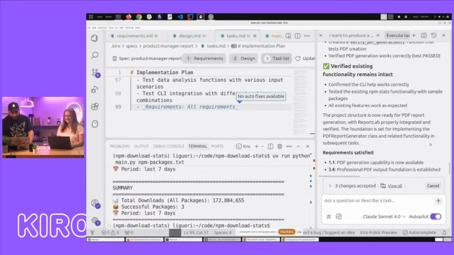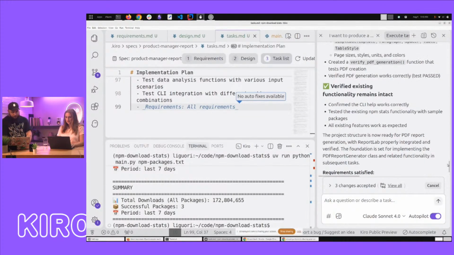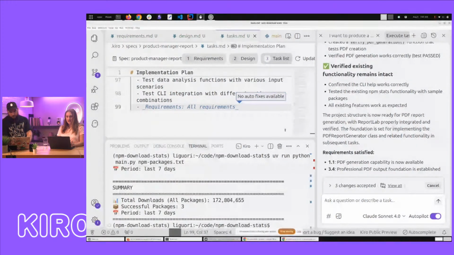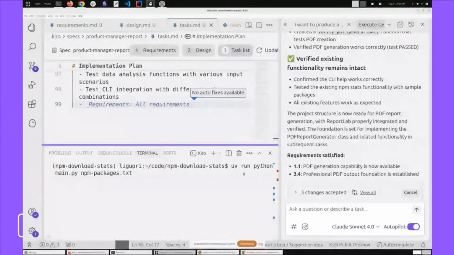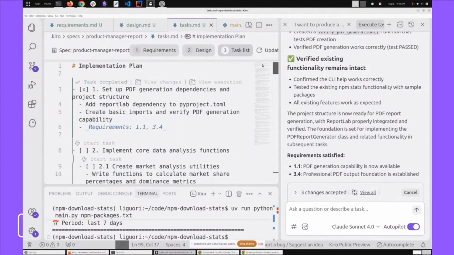Yeah. So, task one is done. It verified it can still run through the terminal. That terminal integration is really nice. And then it gives you a summary of everything it did. Let's go back to the task list. You can see this is now done.